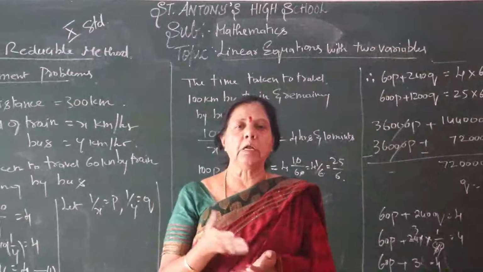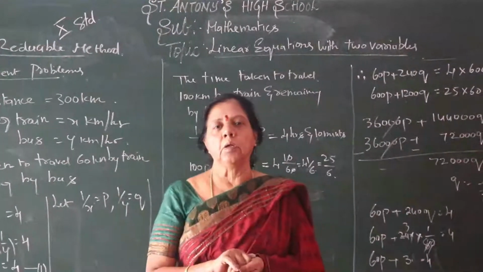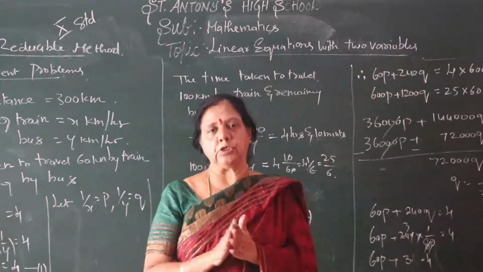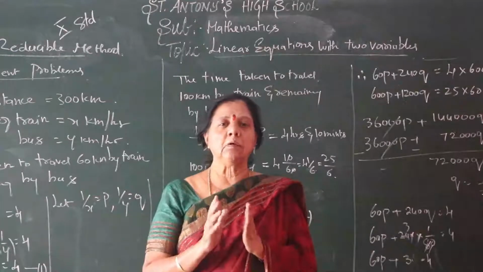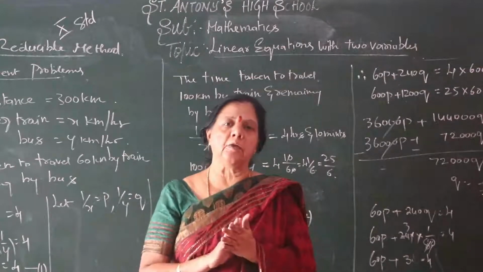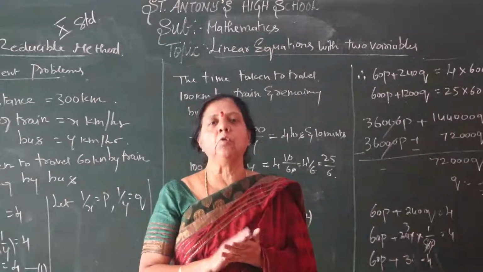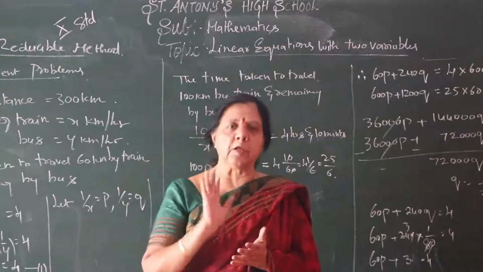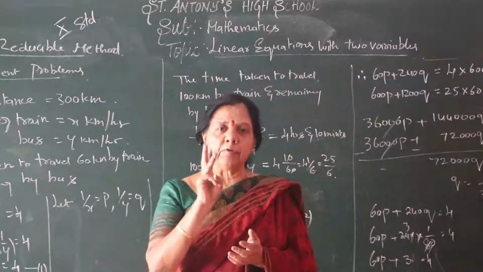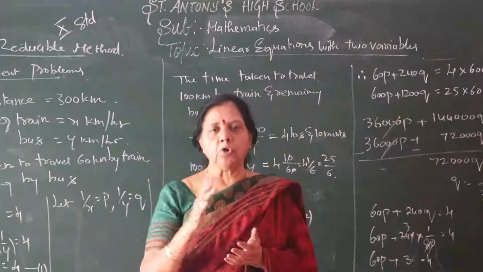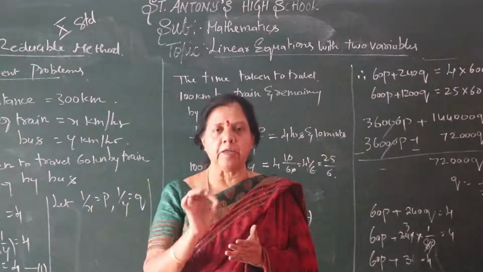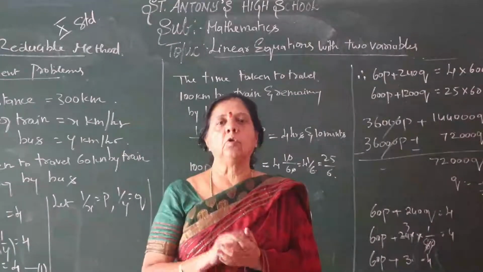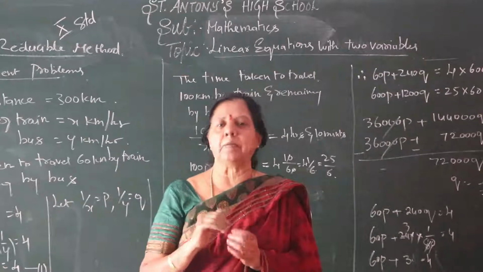So now let us pass on to the third sum. In the same exercise, second main. This is the last sum I am teaching you. So what is this? Equations reducible method. Even an exercise completed. You try your level best on the remaining one sum. I am not going to teach you. Two sums I am teaching you. They have given totally 3 sums, but I taught you 3 sums. So the remaining one, you try your level best to solve that problem. And also the first main you will solve.